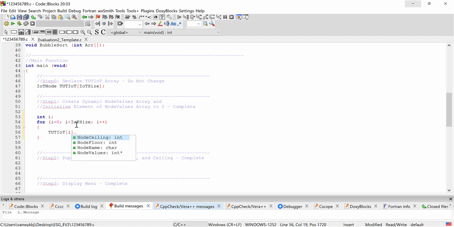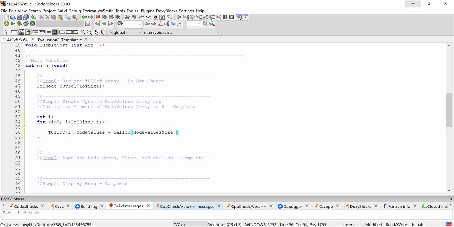dynamic array. So we're going to say dot node values, that's our pointer, and we're going to use a calloc statement as defined in the PDF to create for us a dynamic array, and the dynamic array size was node values size. Oops, there's a typing mistake. It's always nice to know that you typed it correctly. If you press Control Spacebar, it's going to show you the name. So node values size, and then